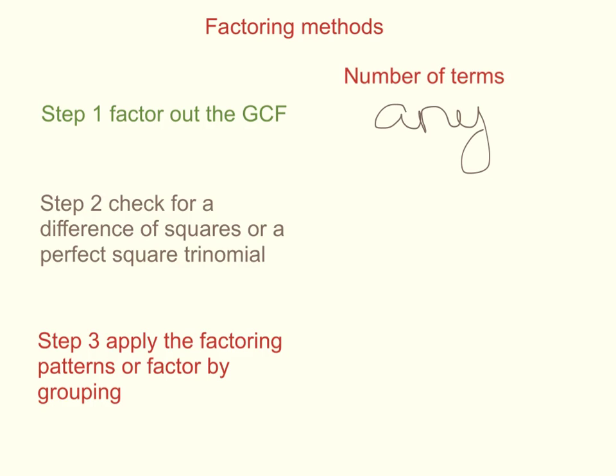Step 2, you can check for a difference of squares or a perfect square. This is when you have 2 or 3 terms. If you're in that 2 or 3 term range, you can check for a difference of squares or see if it is a perfect square trinomial. And then lastly, if you have 3 or 4 terms, you can apply the factoring patterns, which is the x squared plus bx plus c,